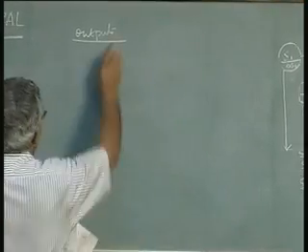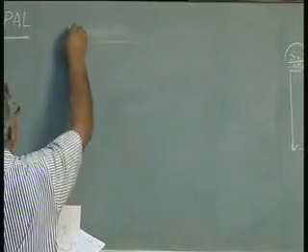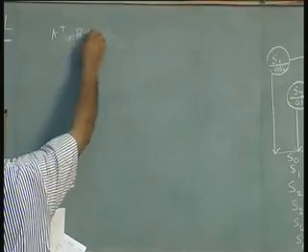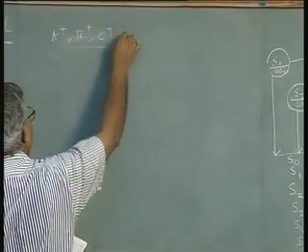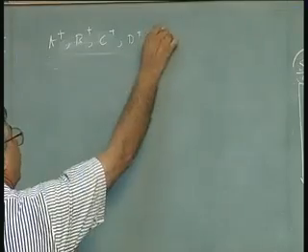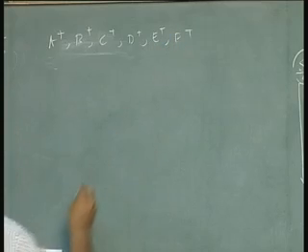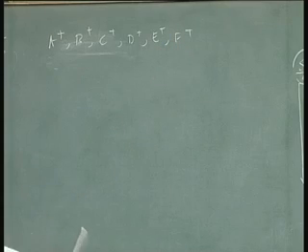So write state equations A plus, B plus, C plus, D plus, E plus, F plus, and then the outputs will be